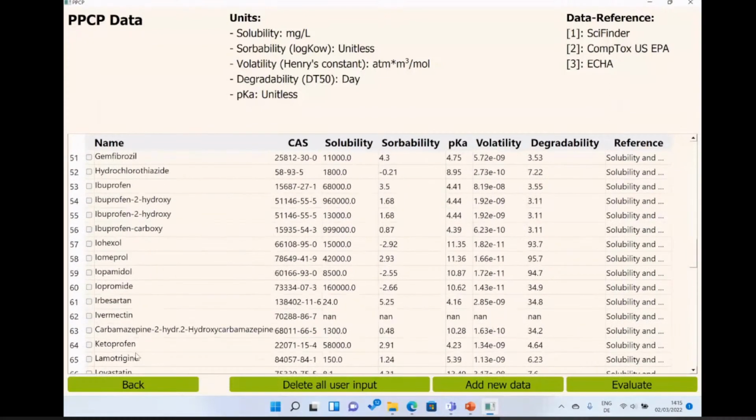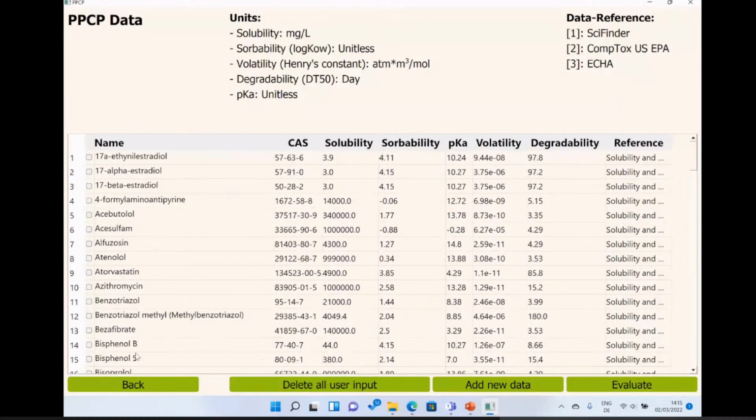These are substances which are very commonly found in the environment, or very commonly used in medicine or in personal care products. But I will show you later on, if you want, you can also add a new PPCP or new substance.